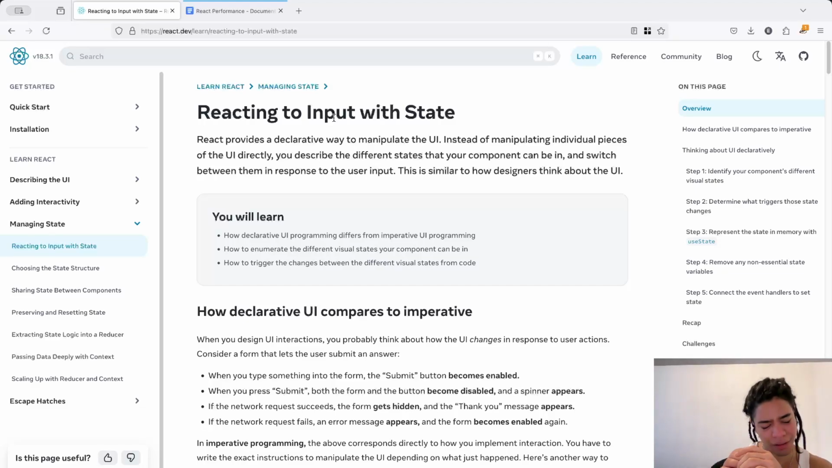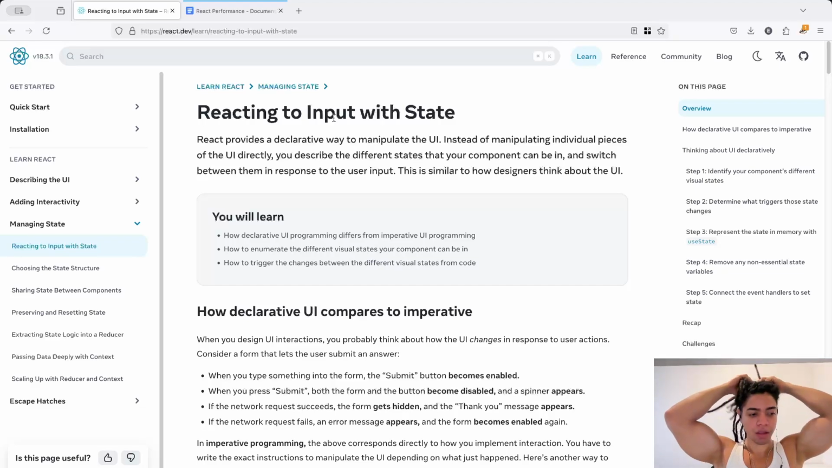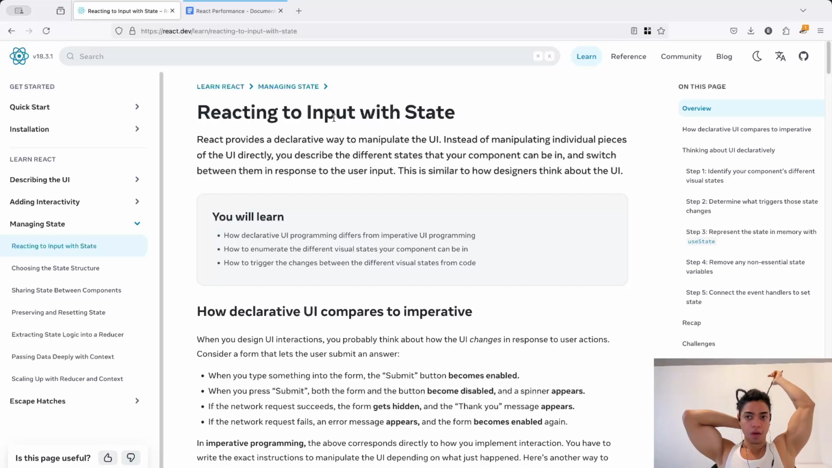Now it makes quite a lot of sense here, because as you're going to create your scalable UI, as your application scales, reacting to input with state is a way to say, hey,